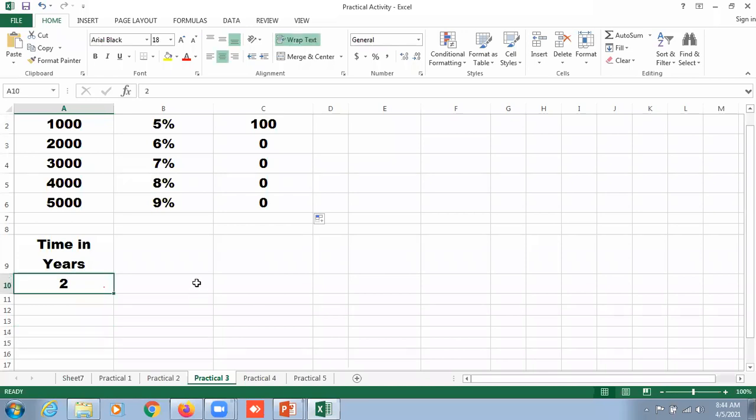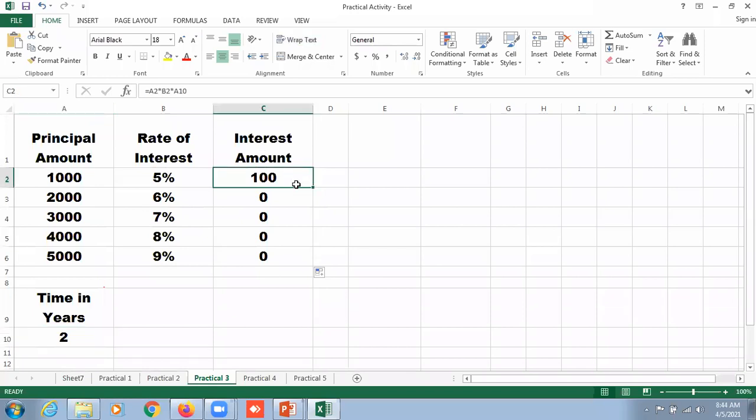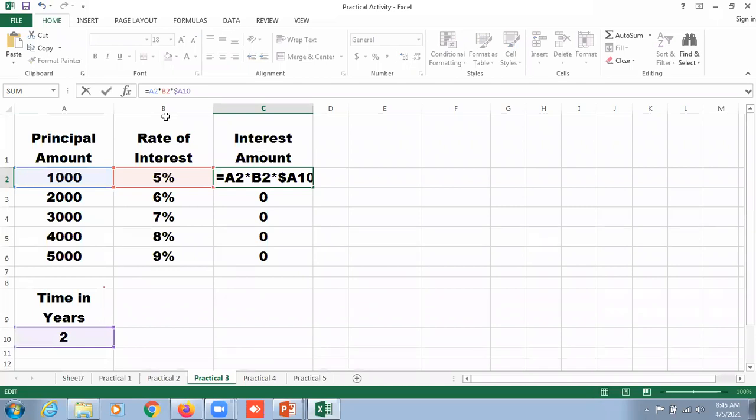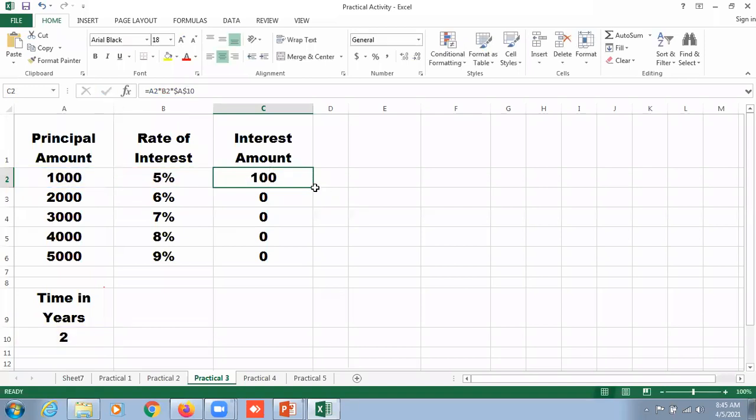So if you want that the address of the cell should not change, we are going to insert a dollar in front of A, representing the name of the column, whereas 10 represents the name of the row. I'm just going to again insert a dollar symbol here and click on the key enter. And now I'm going to drag it towards the downside, and now it will work.